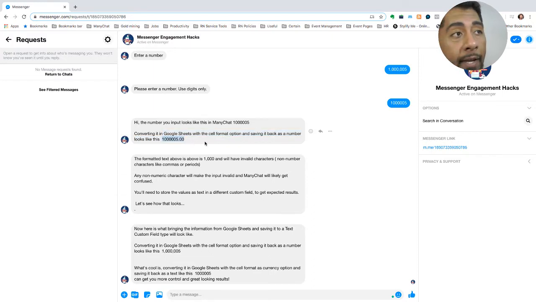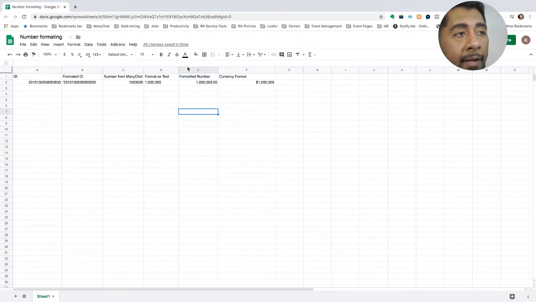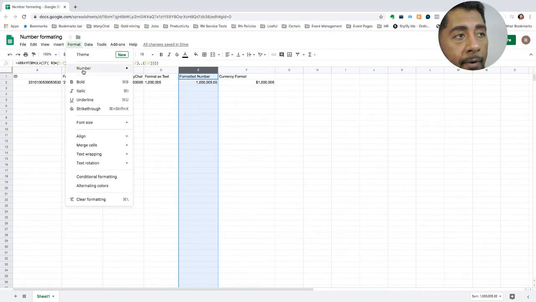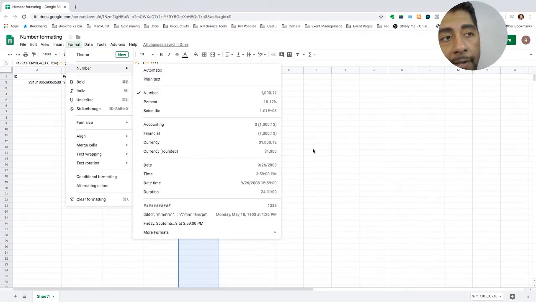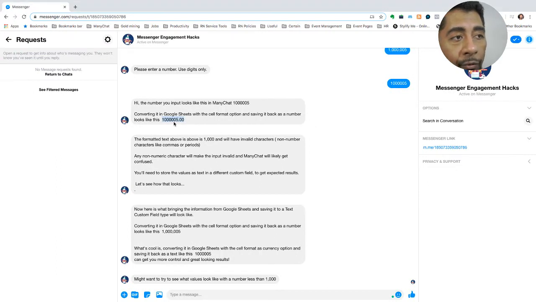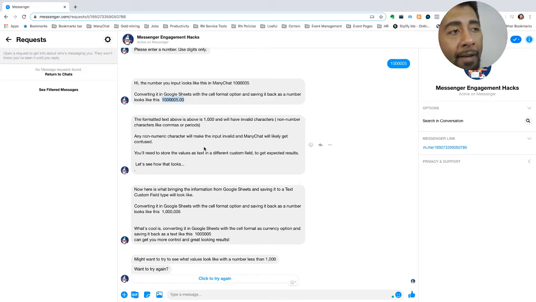So what I'm doing in Google Sheets, I'm storing the number, and I'm doing a format like this. I'm just grabbing the column and then just doing format number, and then we're doing it as number in this case. So that's what this would look like normally. It's not really helping any. So the formatted text above, it's saying it's over 1,000, but